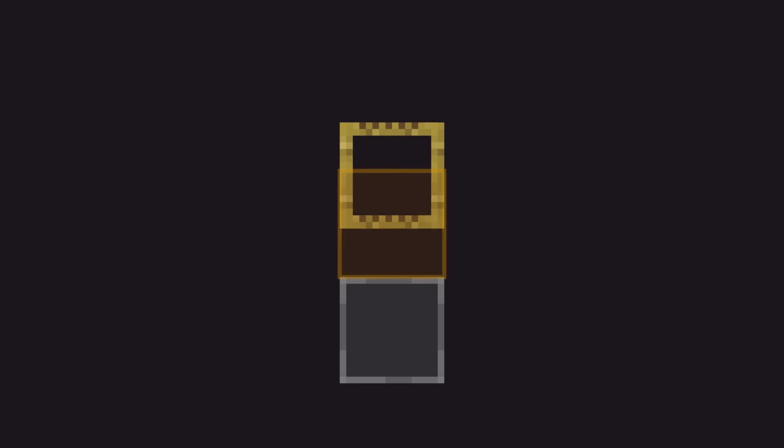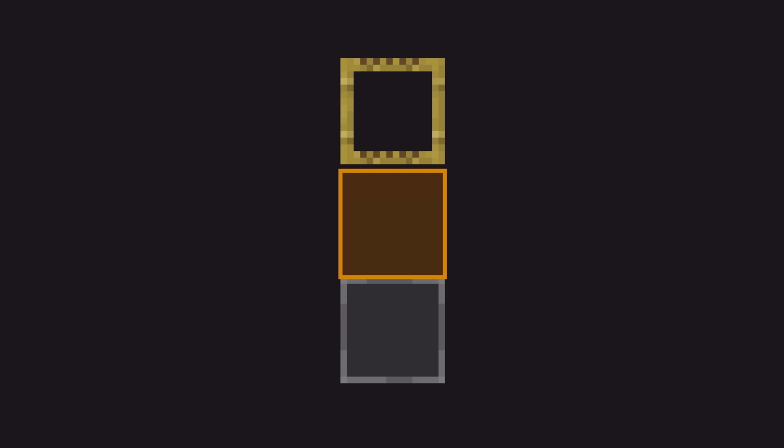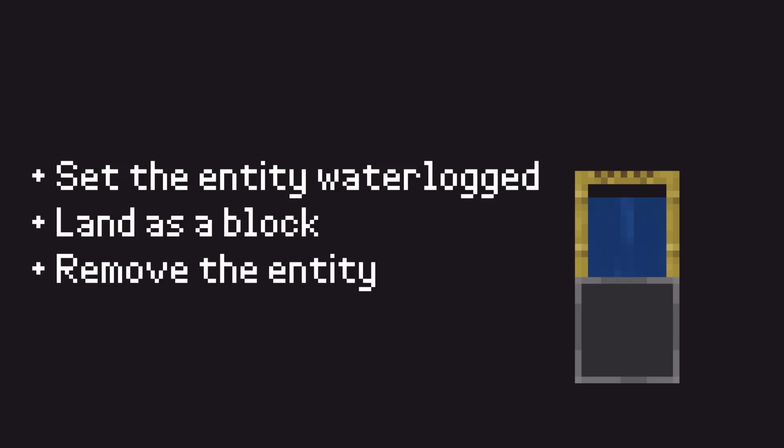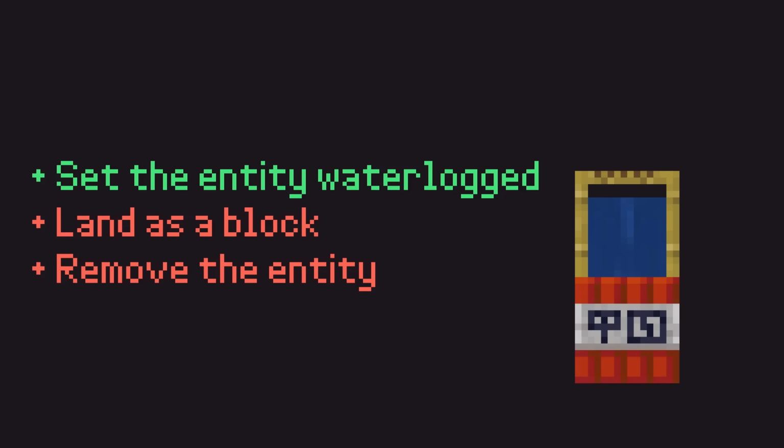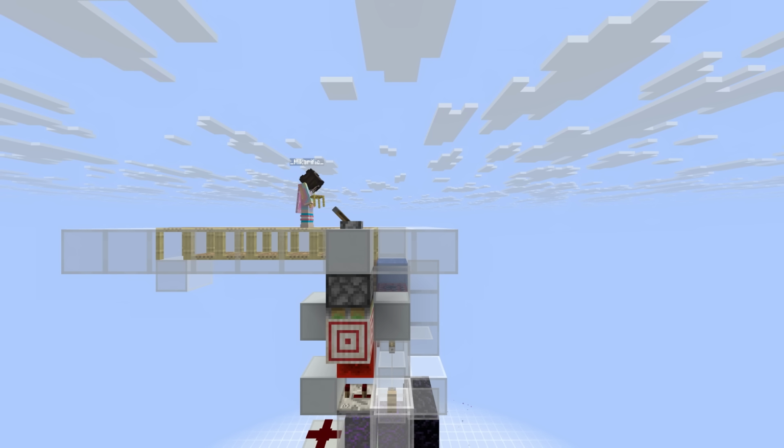When a falling scaffolding block lands, it will first look for a place to land, and if that landing spot is in water, it will first set the falling scaffolding entity to be waterlogged, then actually land as a block, then remove the waterlogged entity. Normally, these two lines of code happen right after each other, so we never see the waterlogged falling scaffolding. But crashing the game in between these two lines of code when it lands, with a butted TNT block to create an entity, for example, allows us to keep the waterlogged falling scaffolding as an entity,